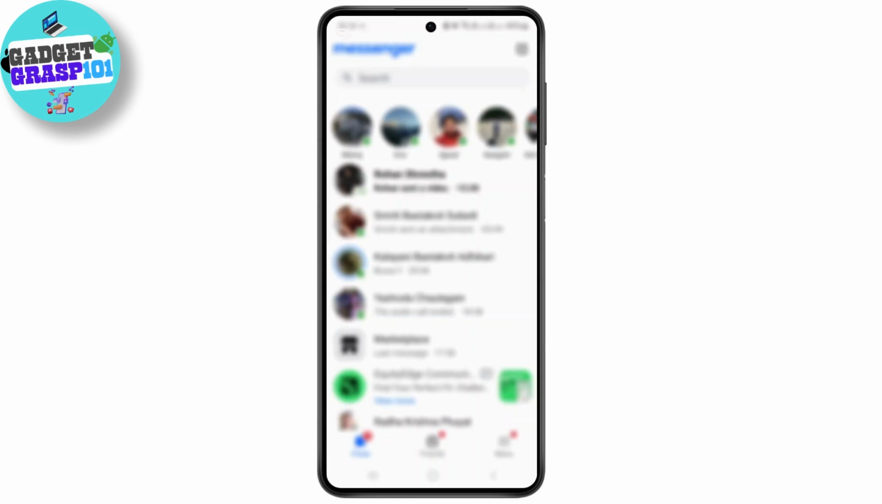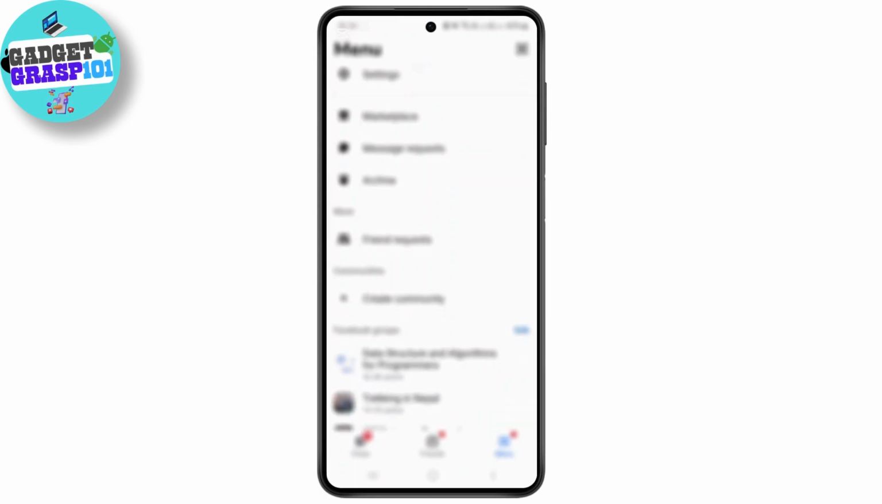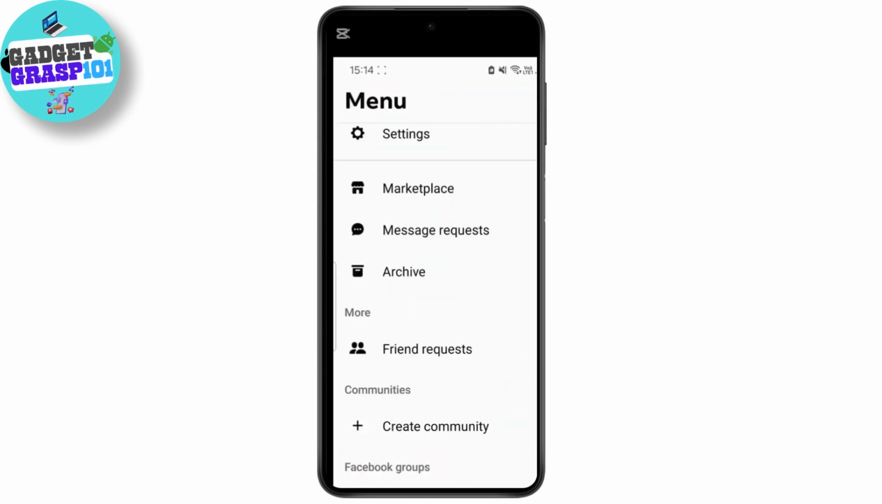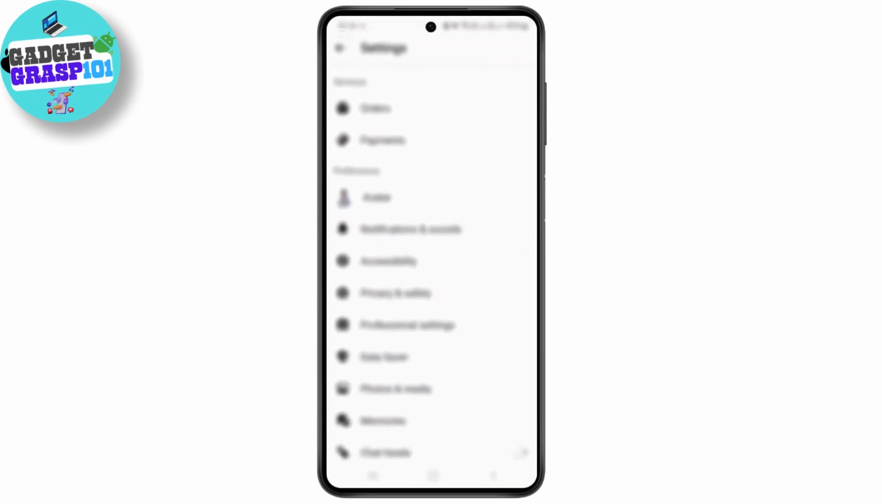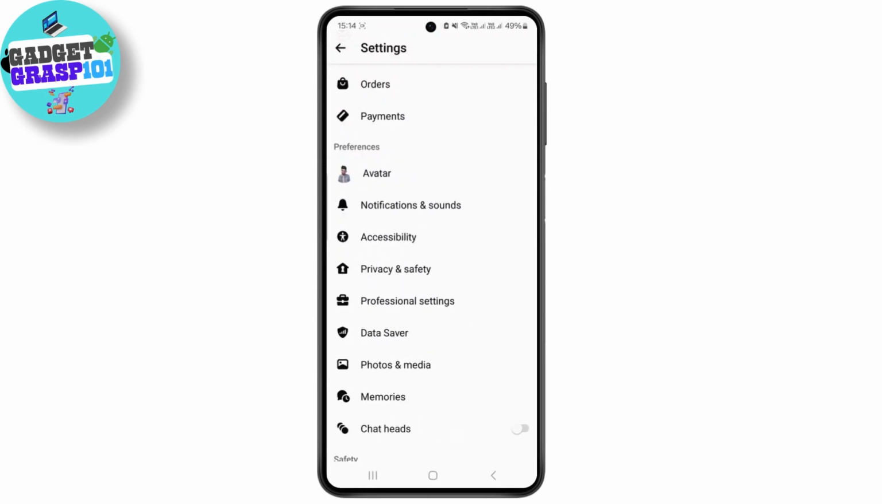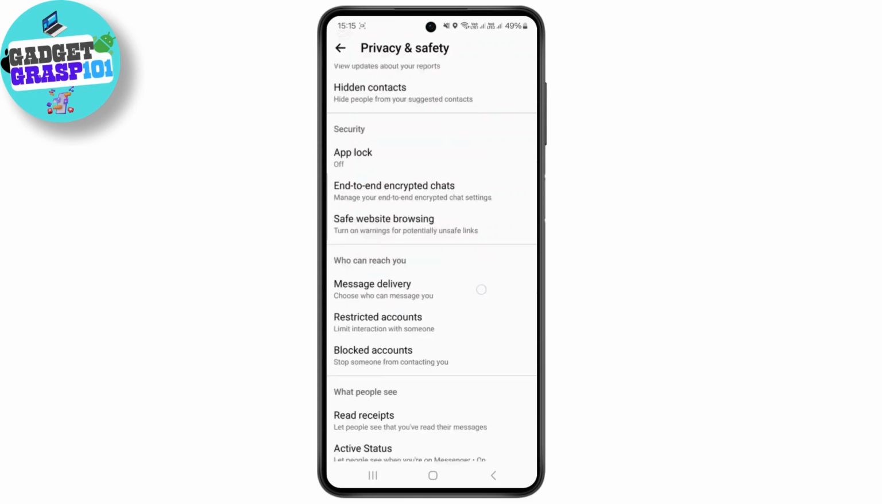And once you're inside here, just click on this menu button at the bottom right corner, and you will be heading over to this section of the page where you can see the option called settings right under your profile icon. So just tap on it, and once you're inside here, scroll down until you see the option called privacy and safety. So just tap on this, and from over here just scroll down until you see the